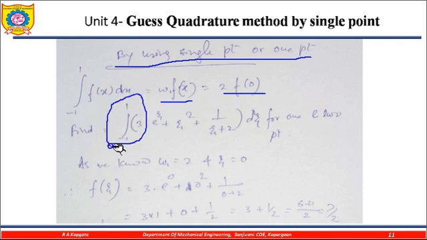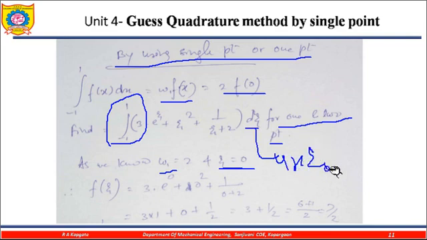Now find the integration for 1 and 2 points. They have mentioned to find the value by using 1 and 2 points. So if you are considering the 1 point, then w1 is equal to 2 and xi is equal to 0. Xi is equal to 0 because here they have given xi. It may be u, it may be x, it may be xi. Whatever variable they have taken, that is to be considered here. So xi is equal to 0.